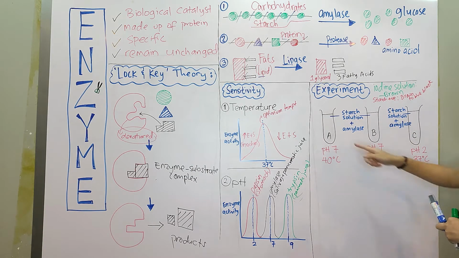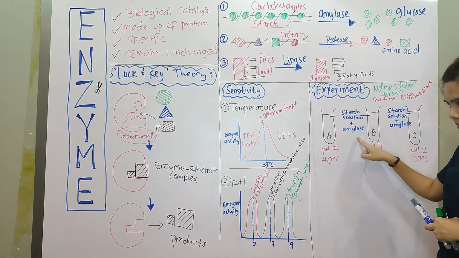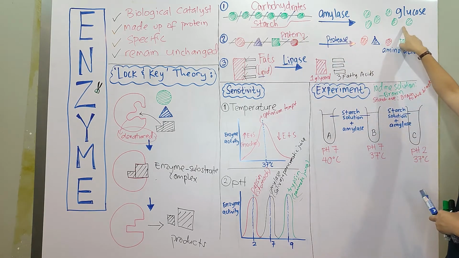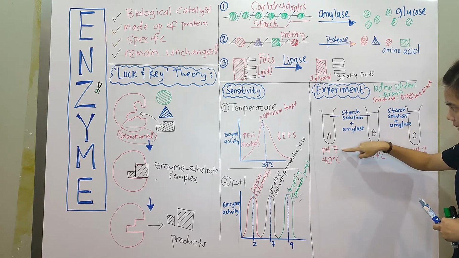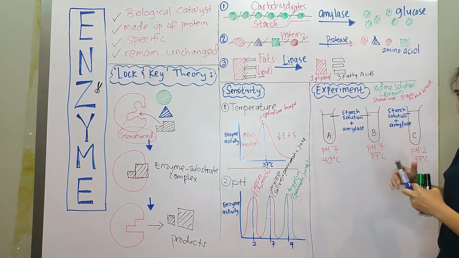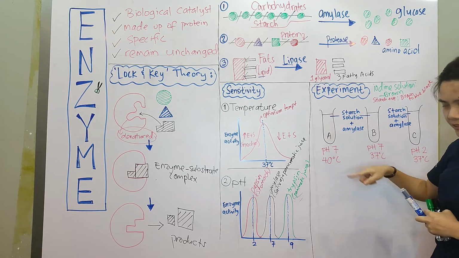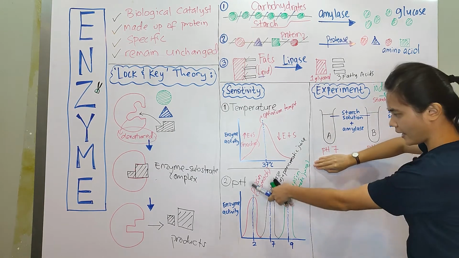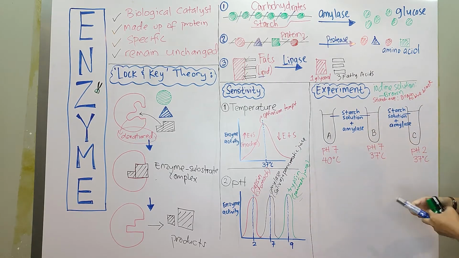First, test tube A. It contains starch solution and amylase. Inside your head now: amylase, starch solution. So amylase breaks down starch to glucose, right? That is the first thing you should think. Then you go to pH. Good. So starch and amylase is good. Amylase breaks down starch into glucose. Alright, so see the environment and condition. The first one is pH 7. Now you think, amylase works best at pH 7. So that one is also correct.